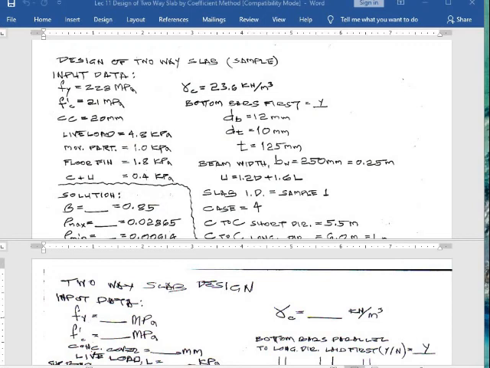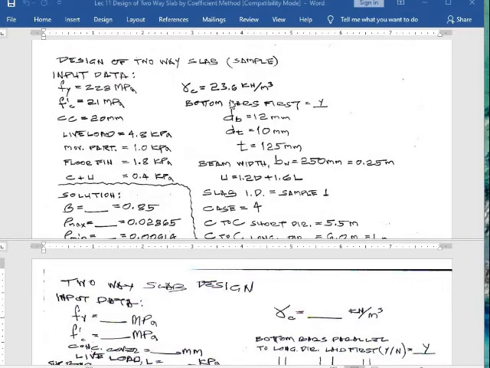Good morning, RC1. Our lesson for today is design of two-way slab by coefficient method. So ito ang ating input data. Meron tayong Fy, f'c, and clear cover. Tapos yung mga superimposed loads which is composed of live and the dead loads. Para sa live load, we have 4.8 kPa. And then superimposed dead loads, you have movable partition na 1, floor finish 1.8, ceiling and utilities 0.4,